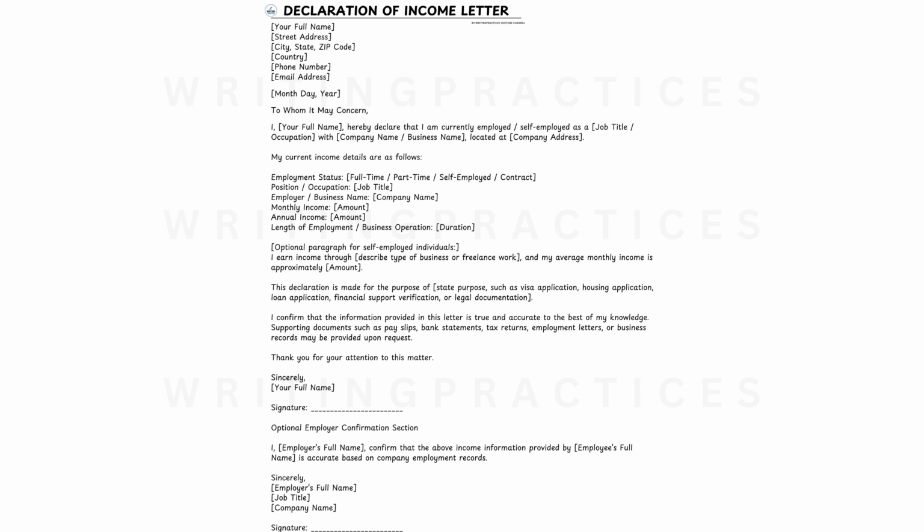Before we wrap up, here are some very important overall tips. You should always remember when writing a declaration of income letter: always provide accurate financial information, use current income figures, and support your declaration with documents such as payslips, tax returns, bank statements, or employment verification letters whenever possible. Keep the wording professional, factual, and organized. Most importantly, review the specific requirements of the organization requesting the letter, because different agencies may require additional verification or notarization. So that's how you write a declaration of income letter, step by step.